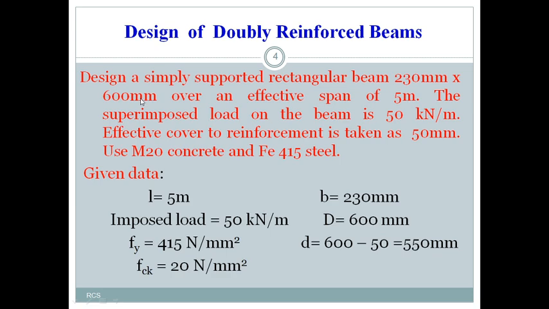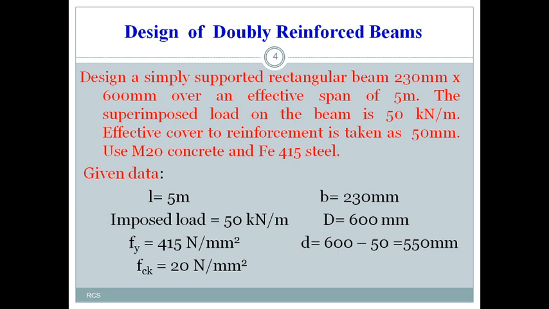Sometimes in a problem it may give the effective depth also. Then, the effective span of the beam is 5 meters. Instead of the clear span, the effective span has been given. So there is no need to calculate separately the effective span for a simply supported beam. If we are given a clear span, then as per the codal provision we have to calculate the effective span. For a simply supported beam, the effective span will be taken based on two criteria.